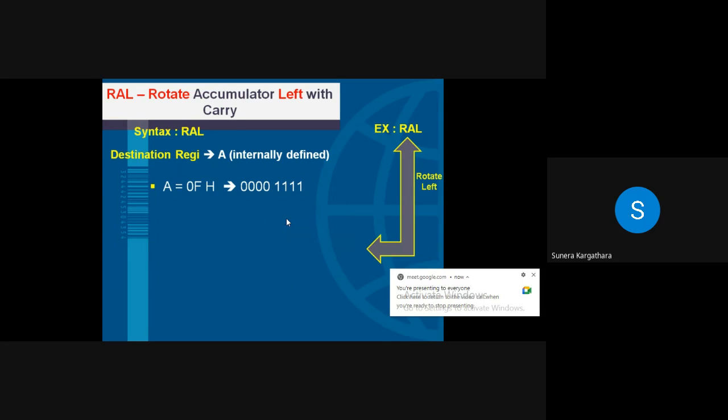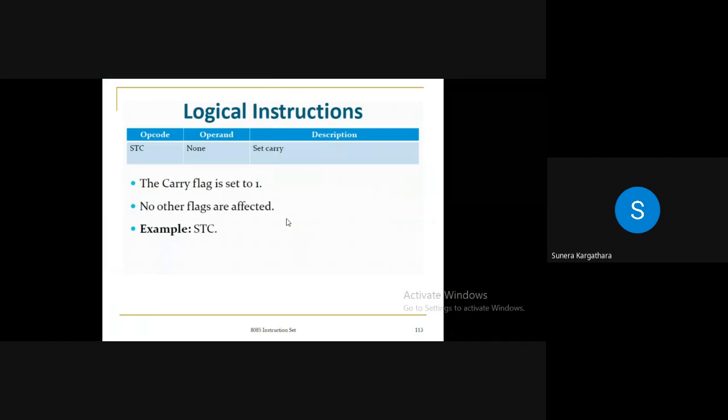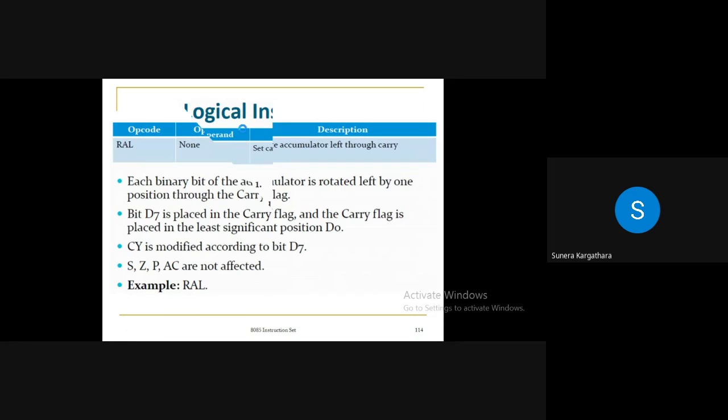You will only make a mistake with this instruction in your opcode, right? जो भी आप ऑपकोड यहाँ पे RAL इंस्ट्रक्शन के लिए है, you will forget this, you will misinterpret this, right? So make sure RAL is used to rotate the content of accumulator left with carry, right? अगर मैं बोलूं कि content of accumulator will shift towards left, that means D7 bit will move to D0 bit, but here it is with carry.